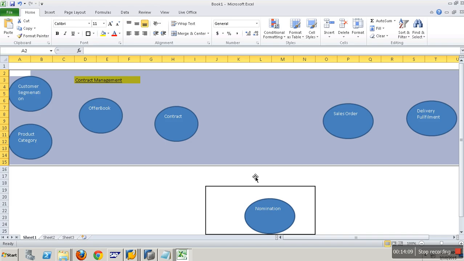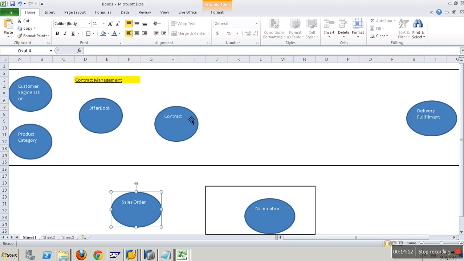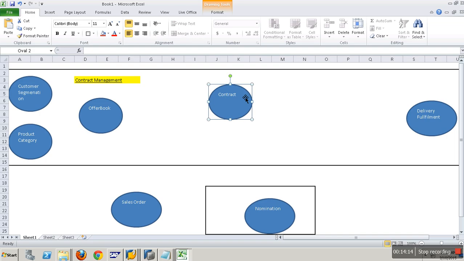Or you can say sales orders are in mainframes, contract is in ECC, and nomination is in a Java application with Oracle database. So for BW, I need to extract sales order data from a mainframe system, and nominations data I need to extract through DB Connect, and the rest from the ECC system.